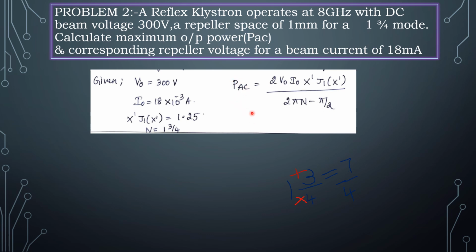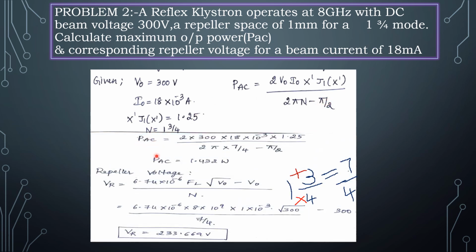So the maximum output power PAC is defined with the formula: the ratio of 2 into V0 into I0 into x bar J1 of x bar, whole divided by 2 pi n minus pi by 2. Let's see how to solve. We should substitute all the given values in this formula. So 2 into V0 value 300 volts, I0 value 18 into 10 power minus 3 ampere, and the standard value 1.25, whole divided by 2 pi into,